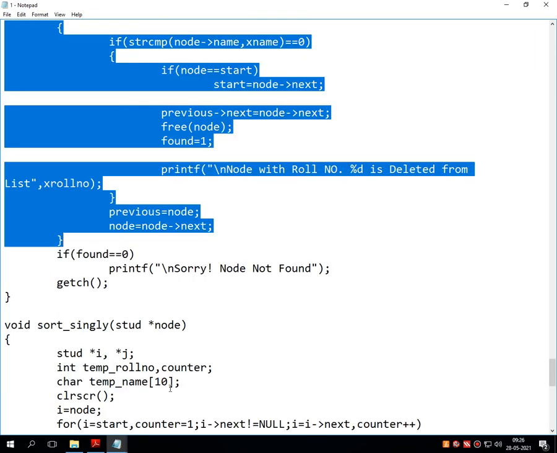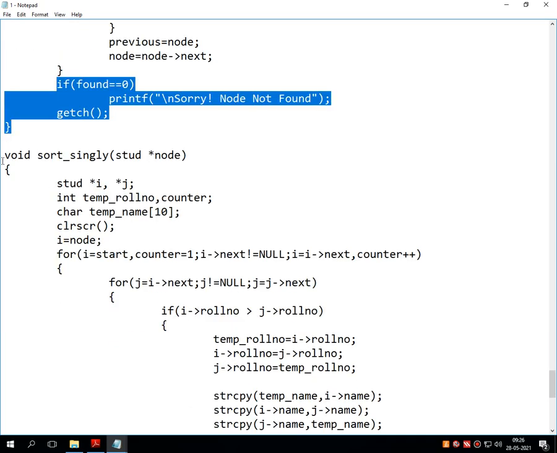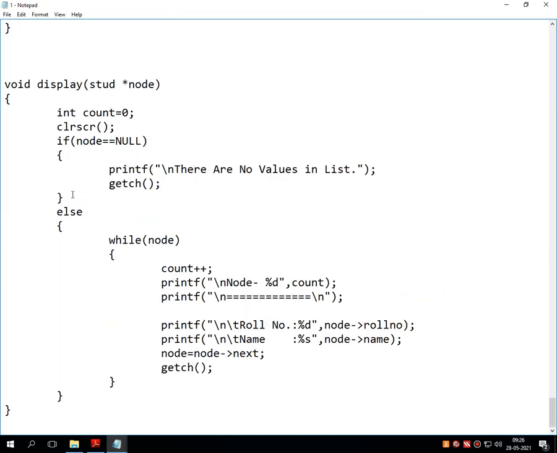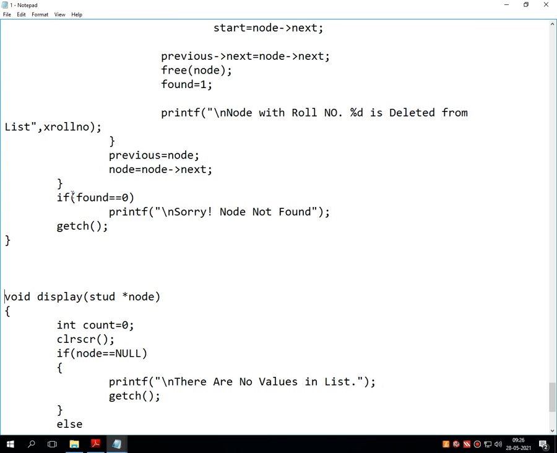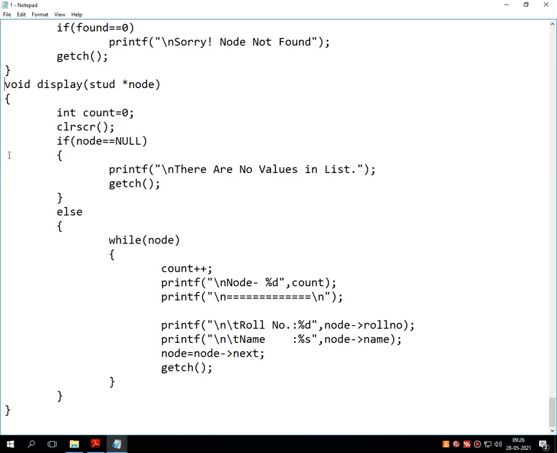Again pause the video and complete the remaining part. No need to write this sorting, so let me remove this. Write down the display.